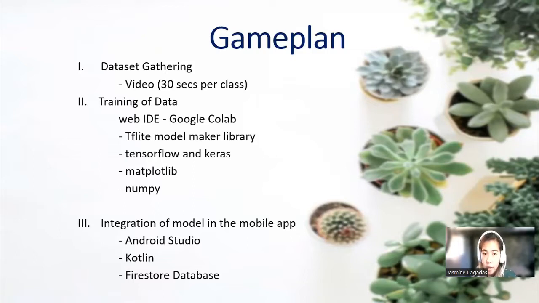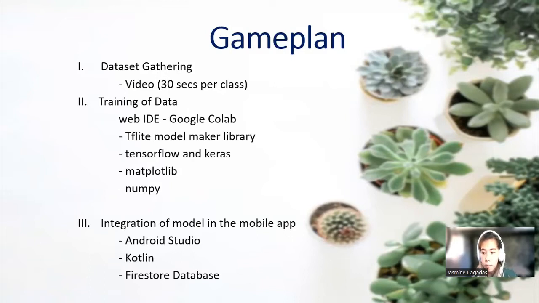I think their GPU is like NVIDIA Tesla K30. The other frameworks and libraries that I have used are TF Lite Model Maker, since I have utilized transfer learning, which I will discuss later, and the frameworks TensorFlow and Keras, of course, Matplotlib for visualization,